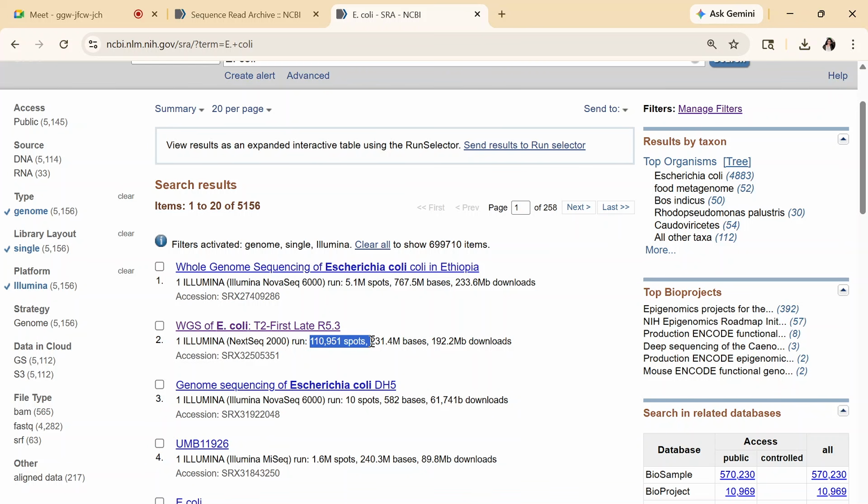Do we understand the term read? All the DNA fragments. This data contains 1 lakh 10,000 something reads, and this data contains 1.6 million reads. We already understand that 1.6 million is a very big number. That is why we went for this data set. Okay, Akshita?